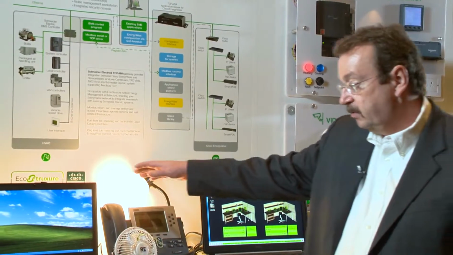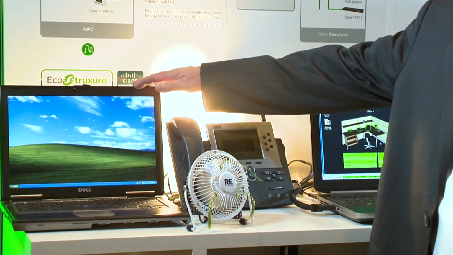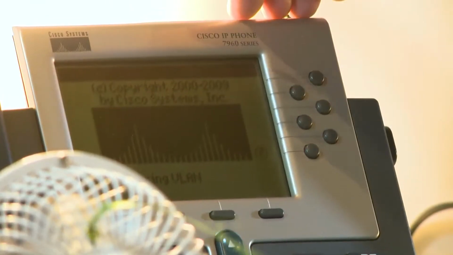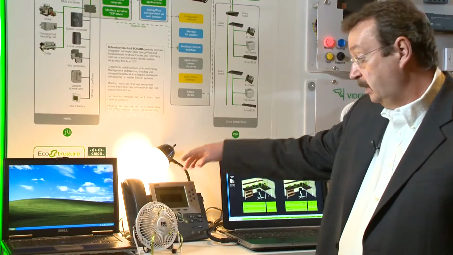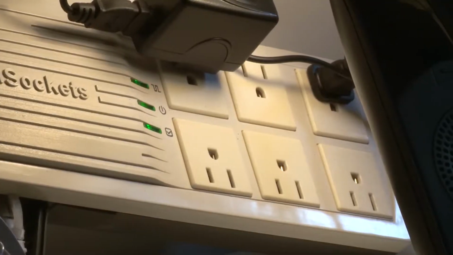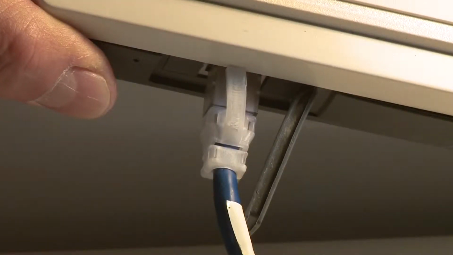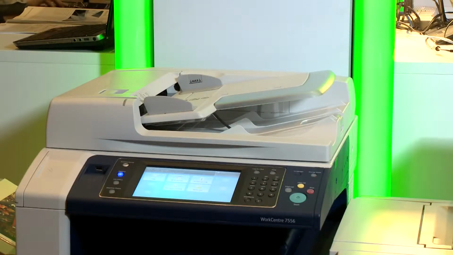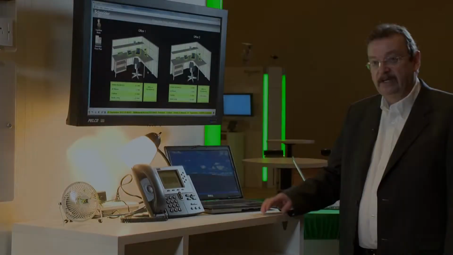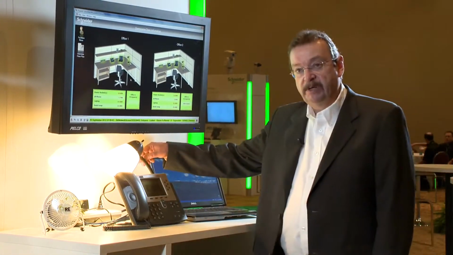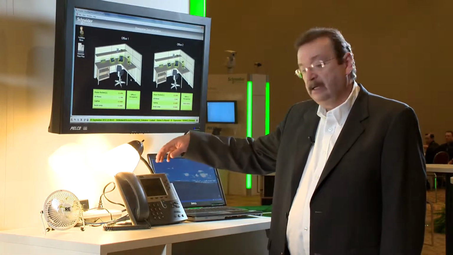On the left side, we have our reception area, which has a PC, a couple of plug loads, a desk lamp and fan, and a power over Ethernet telephone. And in the back, we have a Cisco EnergyWise enabled outlet strip to control the plug loads. We also have a large group printer from Xerox that's built on Cisco's EnergyWise technology. On the right side, we've got another office with similar equipment. We've got a PC, a couple of ordinary plug loads, a lamp and a fan, and